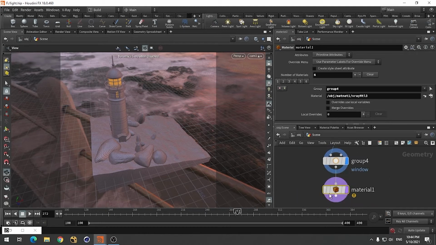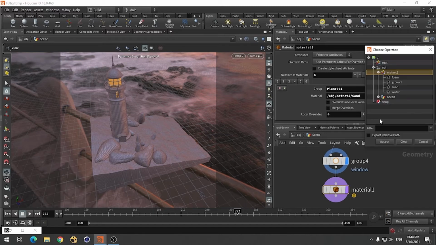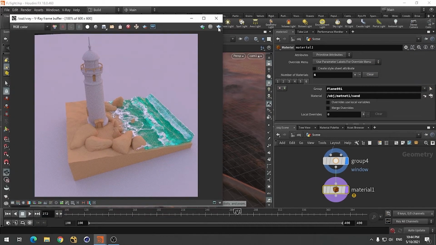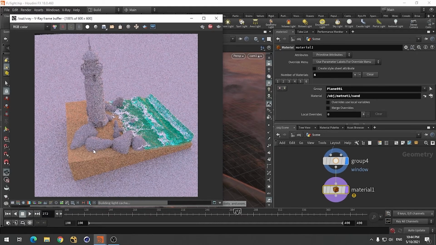So for material, this is the first one, which is this sand part. So I'm using this sand. So select sand. Okay, now it has sand. So now if I render, only this part will be of that color. See,